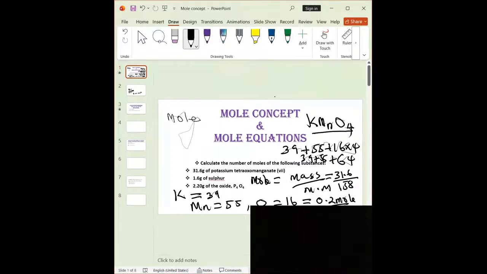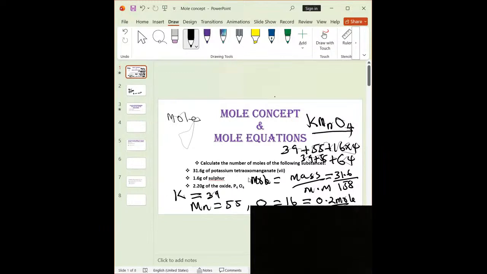Now we open the question. The first question is to calculate the number of mole of the following substances. We have 31.6 grams of potassium tetraoxomanganate, 1.6 grams of sulfur and 2.2 grams